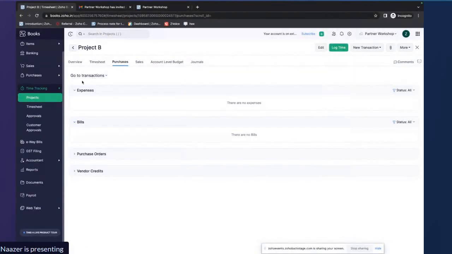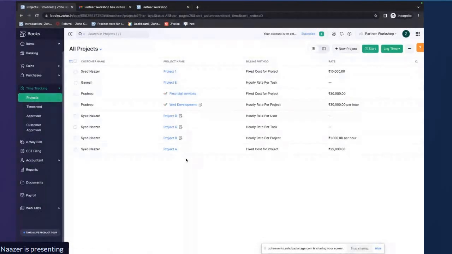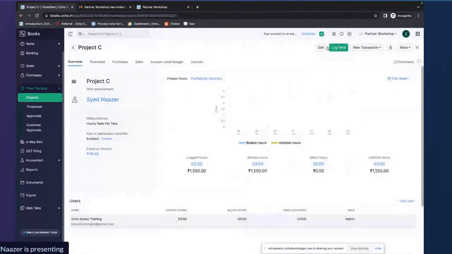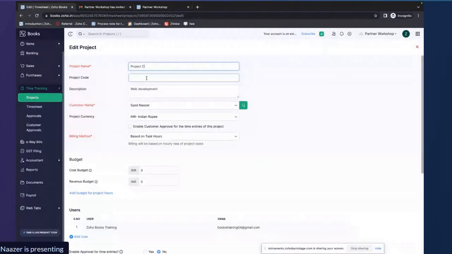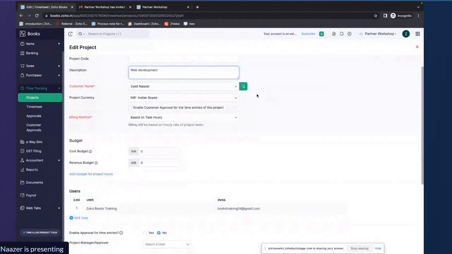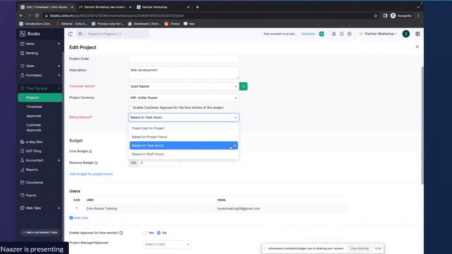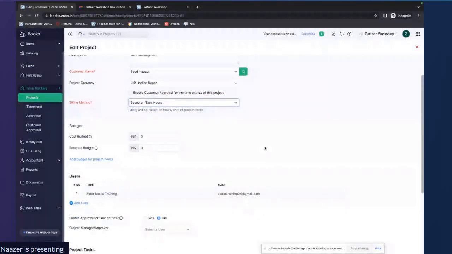Let's go and explore the third billing method, by creating one more project called project C. I have a description called web development. I'm working on the web development project for the customer Syed in Indian currency INR, and I am choosing the billing method as based on task hours. Here, what I am defining is,